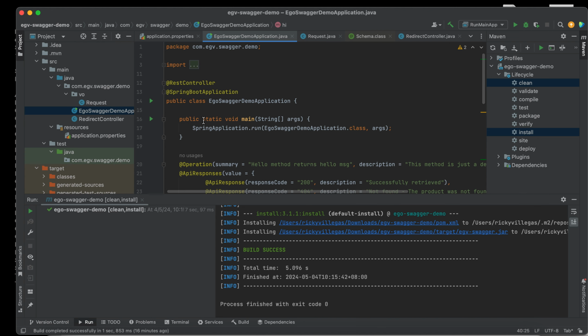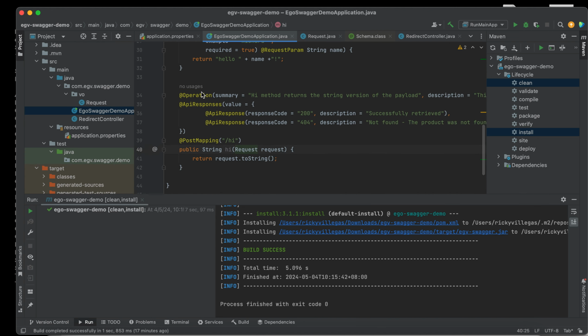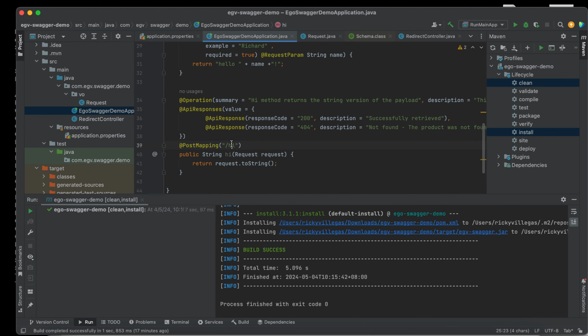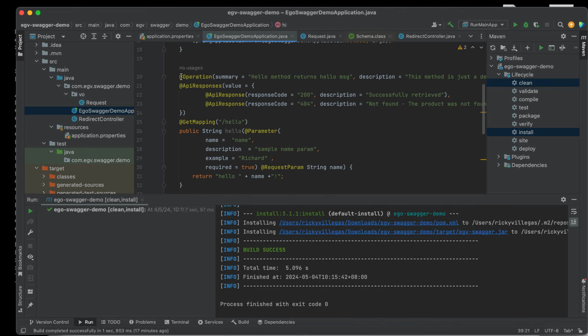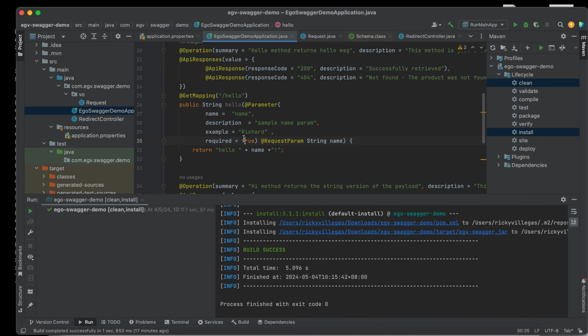Then this one is where we document our endpoints. Remember earlier, we have the hello endpoint and hi endpoint. We use Swagger annotations to document this API: at Operation, at ApiResponse, and even the parameter, at Parameter, we can also document.